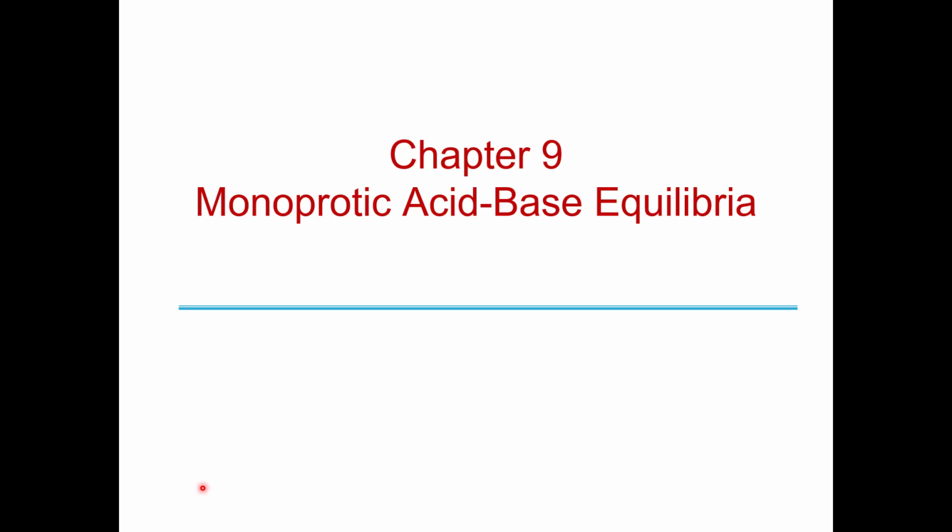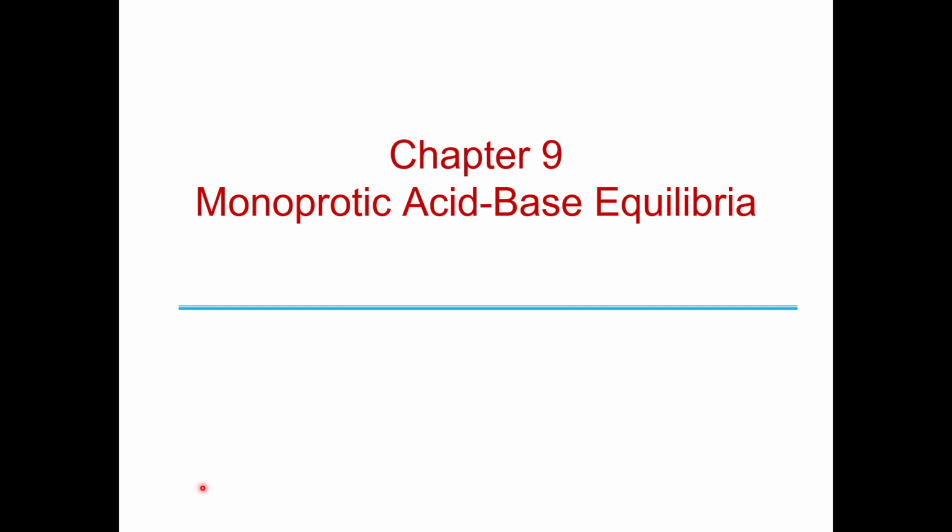In this video, we're going to start Chapter 9, talking about monoprotic acid and base equilibrium. Your textbook author starts this chapter by saying that acids and bases are really essential to virtually every application of chemistry, and also for the intelligent use of analytical chemistry procedures like chromatography and electrophoresis that you might encounter in your work. So Chapter 9 is all about monoprotic acids and bases, where we have one proton that could